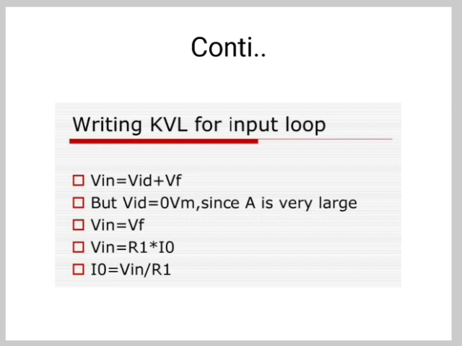So from this equation it is clear that the load current depends on the input voltage and input resistance. So that is the load current IL, or we can write I0 is directly proportional to Vin, which is the input voltage. The load current is controlled by the resistor R. Here the proportionality constant is 1 by R. So this converter is also known as a transconductance amplifier. And the other name of this circuit is voltage controlled current source.